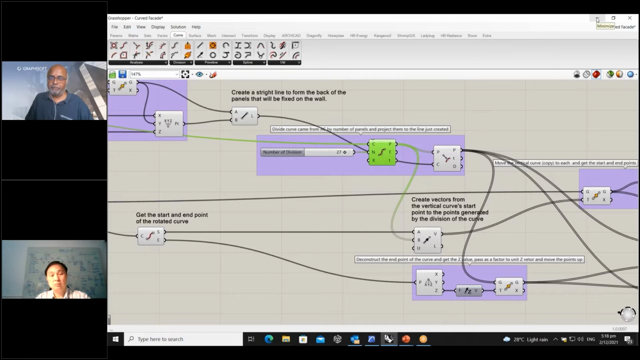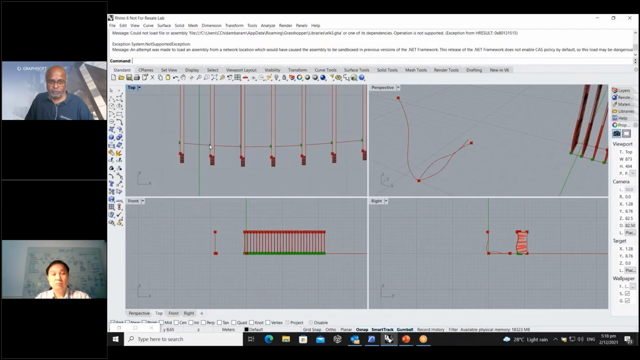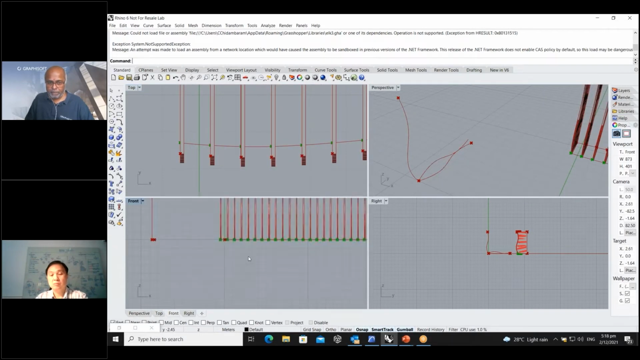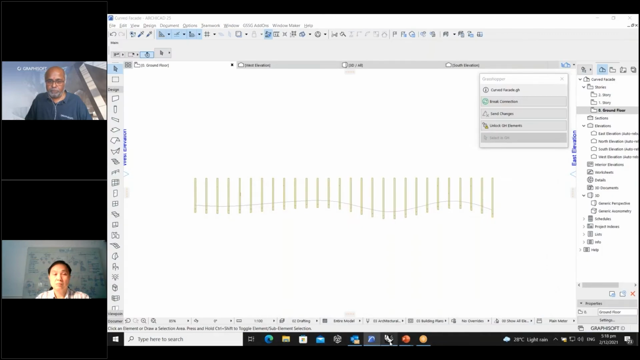So we are basically dividing the curve, right? Let me minimize and show it to you. You can see there's little dots here. So all these are highlighted. You can see that, right? So we are actually dividing it, how many number of panels we want to have, right? So we are doing that. So once I do that,